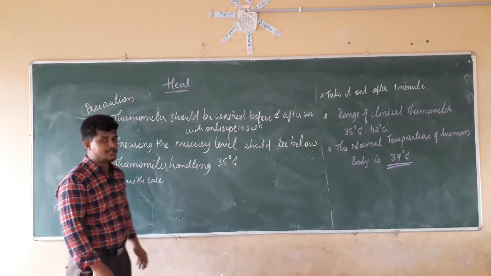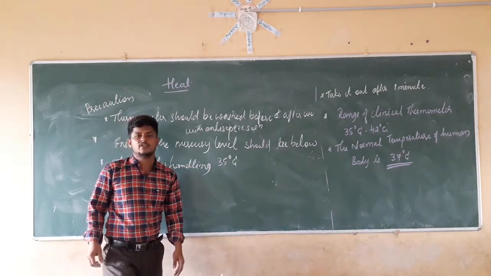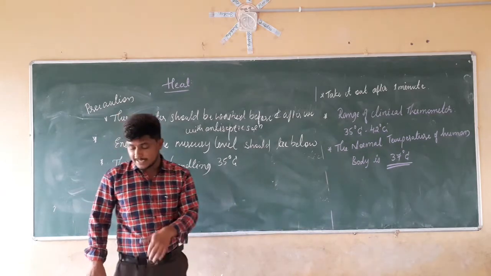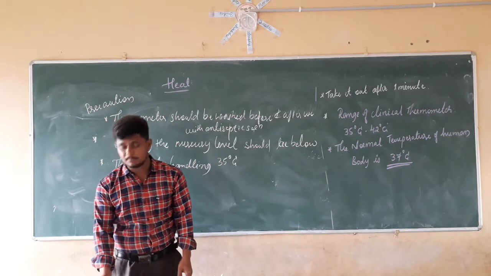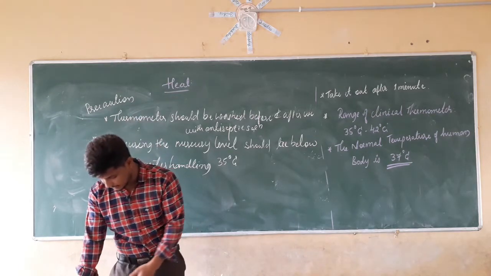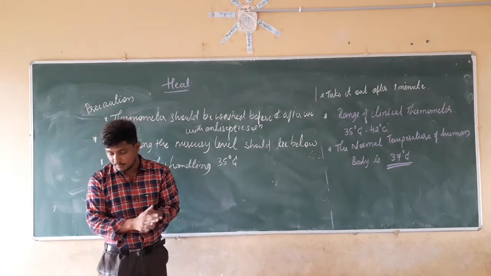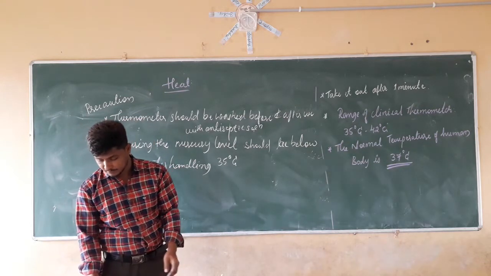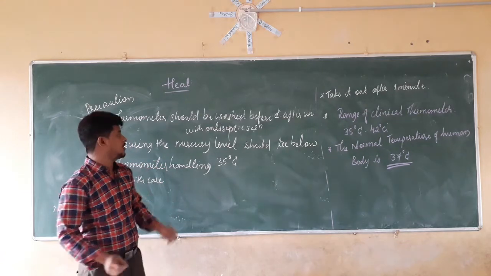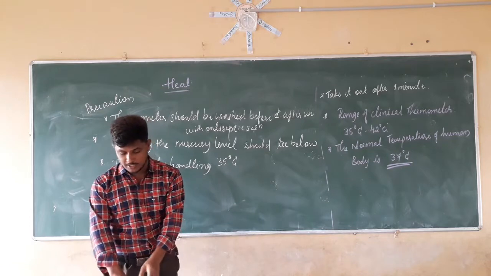This is it for today's class. I hope everyone understood. Now I am going to give an activity. You should take it as homework and make a list. On page number 37, there is activity 4.3. Measure the body temperature of some of your friends, at least 10, with a thermometer. Right? You have to make the list. You have to write a name and measure the body temperature. You have to do these things.